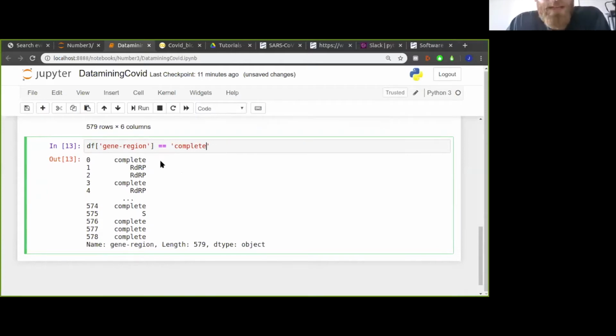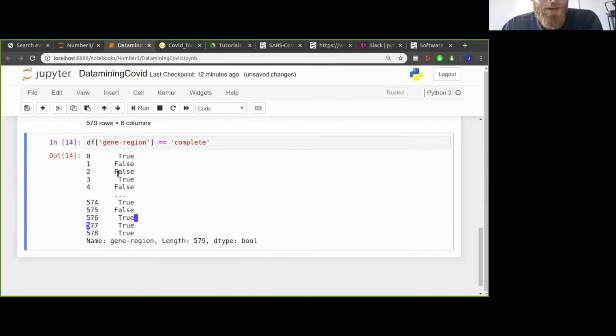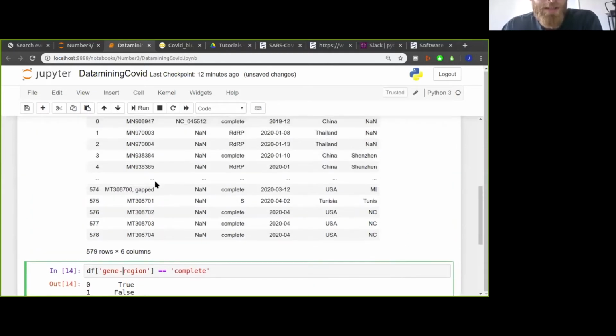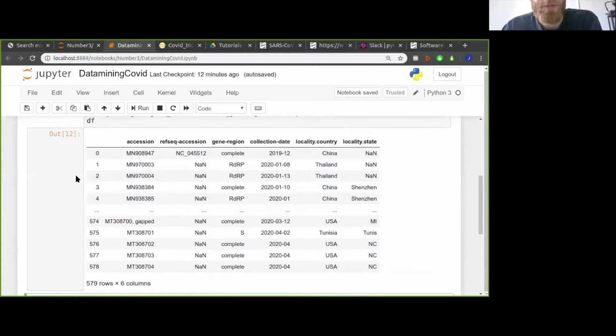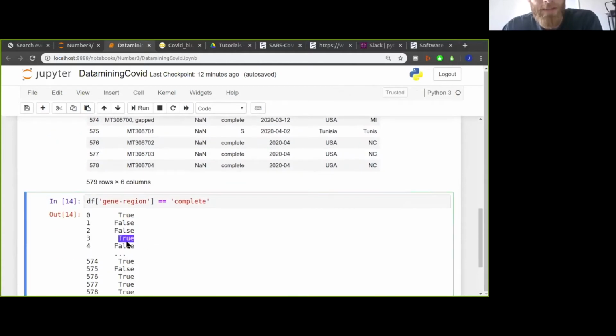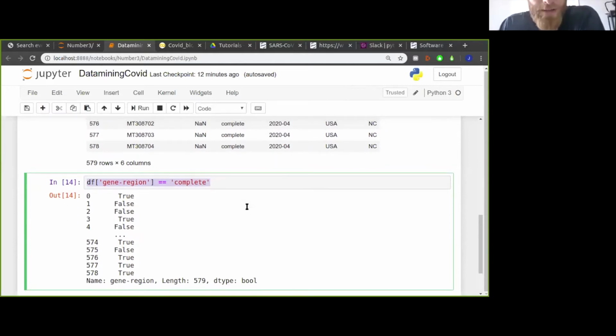Okay, so if I run this, it should return a column of Trues where the genome is complete in this column, and Falses where it's not. And I can use this to slice this whole data frame so that it will only return rows where this condition is met. So to do that, I'm going to wrap this logic statement in square brackets, since square brackets is what we use to take slices and locations of the data frames,